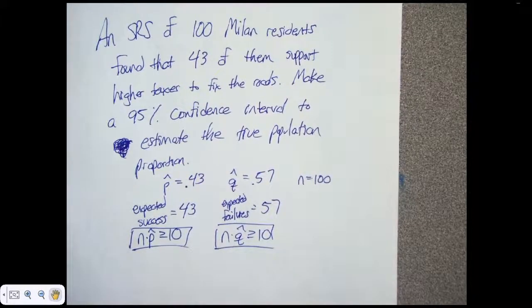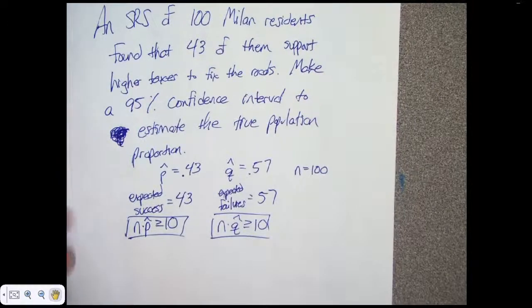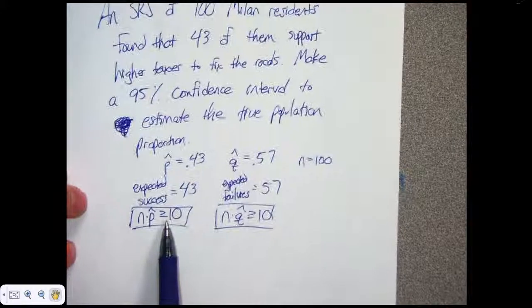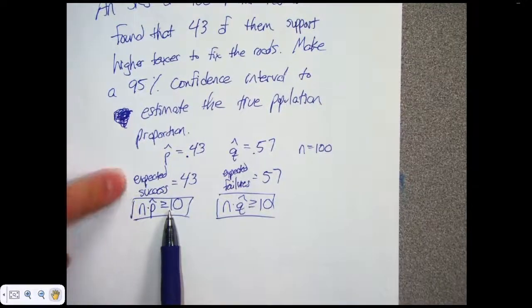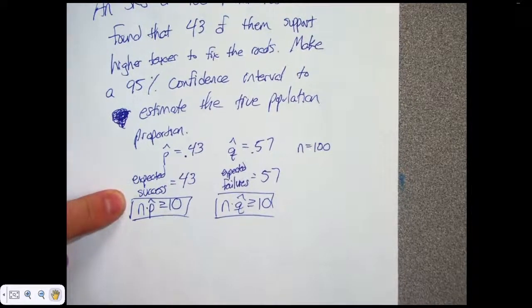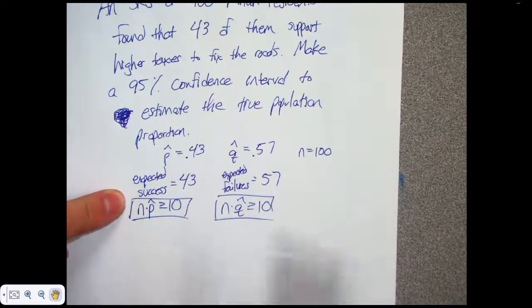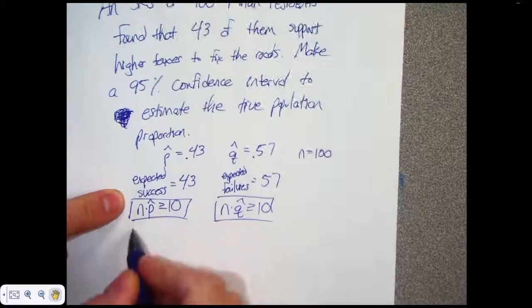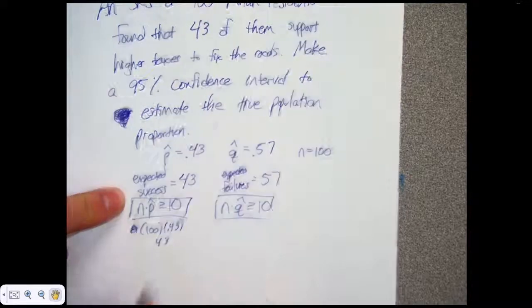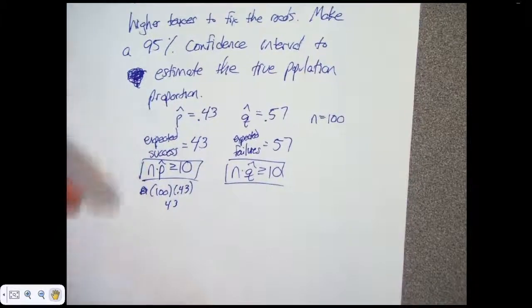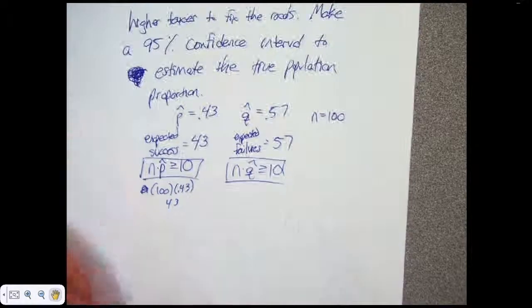You forgot it because it's not true for means, so we haven't used it in a while. But one of the conditions is that n times p hat has to be greater than or equal to 10. All that's saying is that the expected number of successes has to be greater than 10. So you can write this either way, because sometimes they'll give you an actual count. You can do n times p is greater than or equal to 10, and you can go 100 times 0.43. There's 43. Or you could just say there's 43 successes, that's bigger than 10. There's 57 failures, that's bigger than 10. So you can do the math, or you can just take the information. All right.